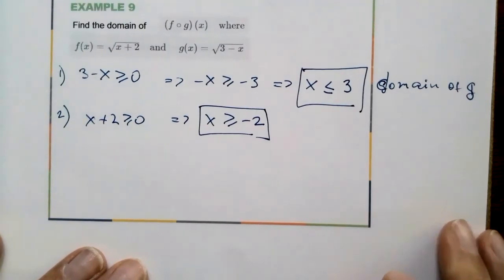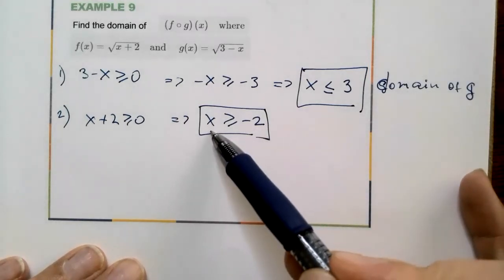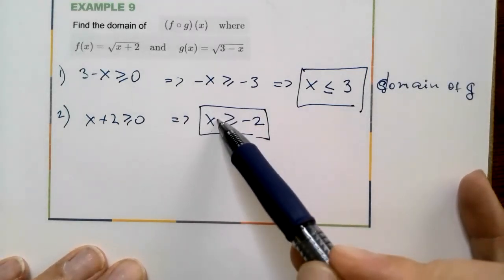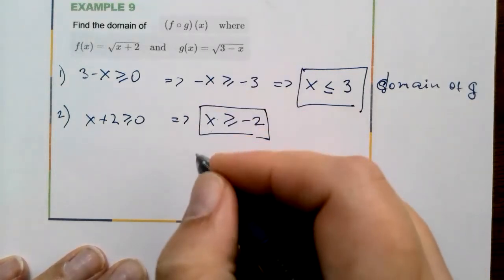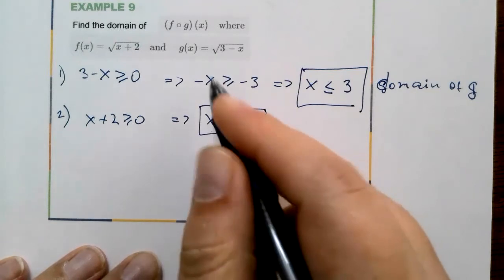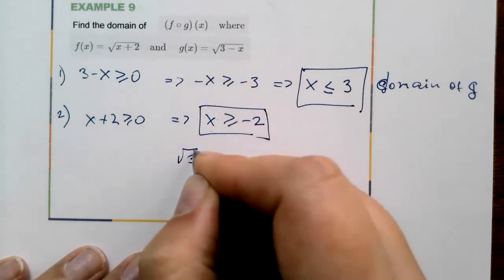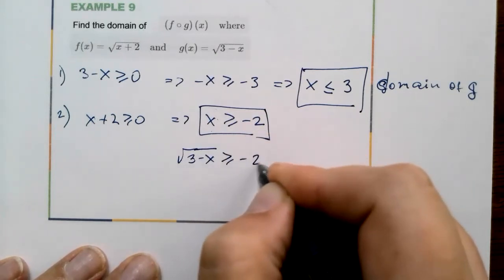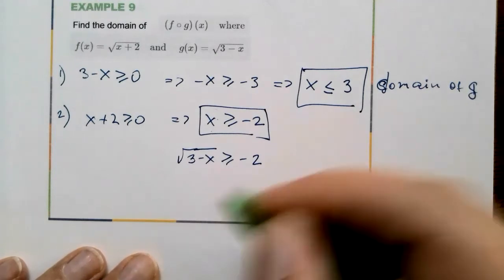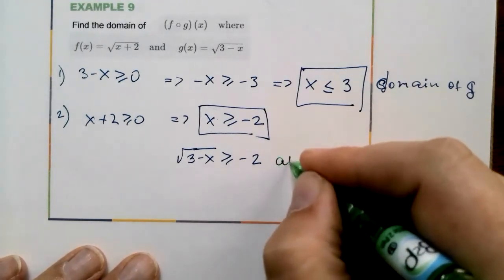Okay, so now let's put our function g in for x here. Substituting x with g, we have square root of 3 minus x is greater than or equal to -2. When does it happen for which x values? Well, always,